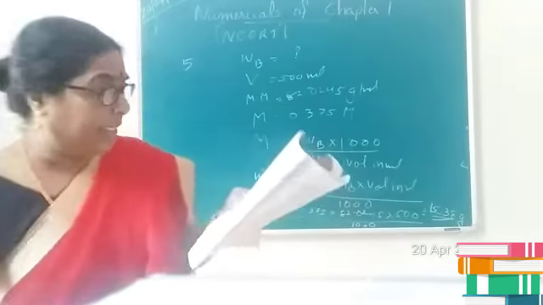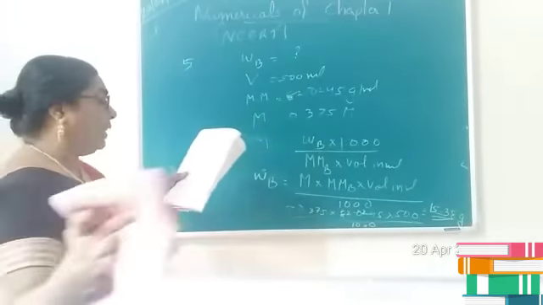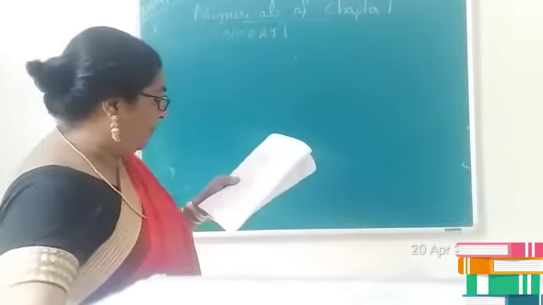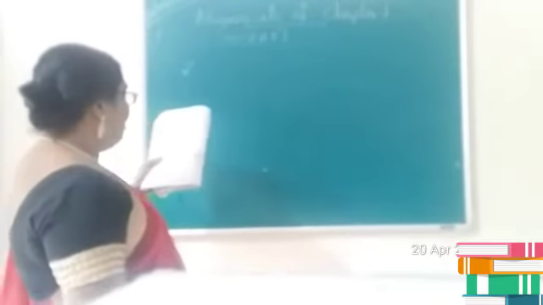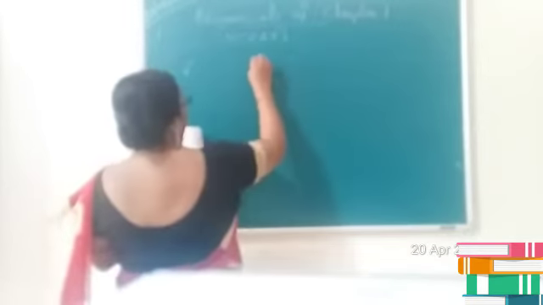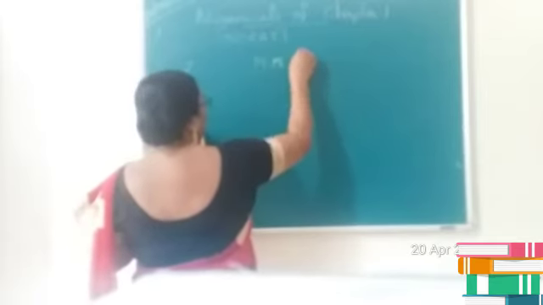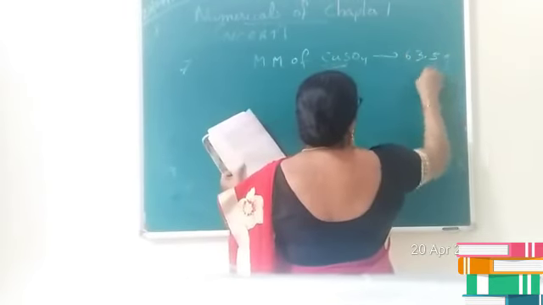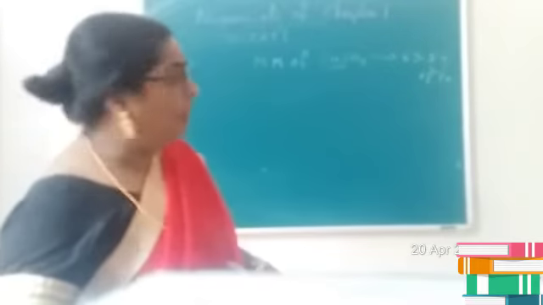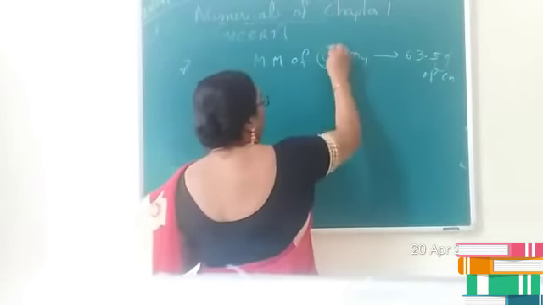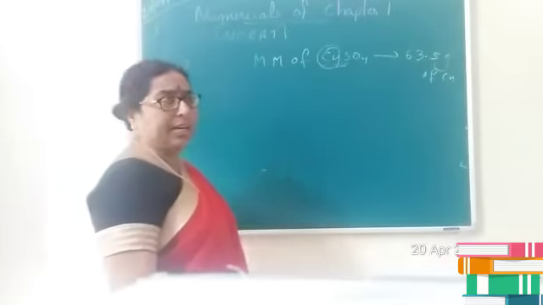And next question you consider, how much copper can be obtained from 100 grams of copper sulfate? This is again a question. 7th question. How much copper can be obtained from 100 grams of copper sulfate? You know that is copper sulfate. Molecular mass of copper sulfate contains 63.5 grams of copper. Is it clear, student? Whatever be the molecular mass, that molecular mass of copper will have 63. The amount of copper in copper sulfate is 63.5 grams.